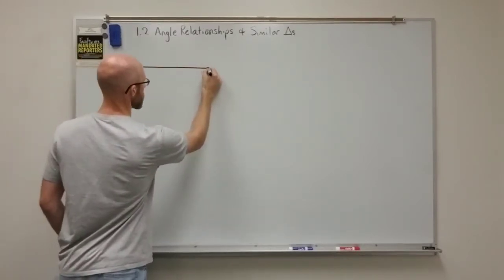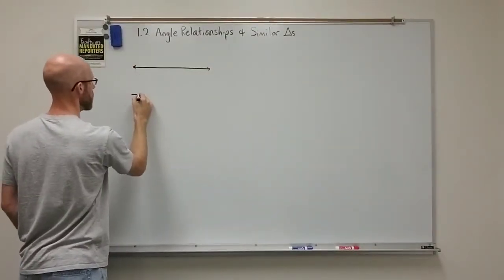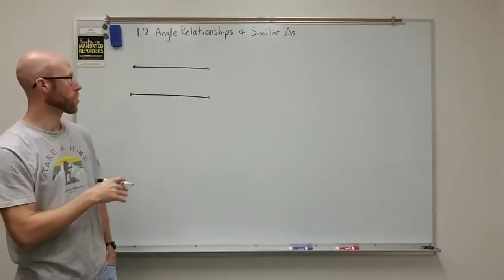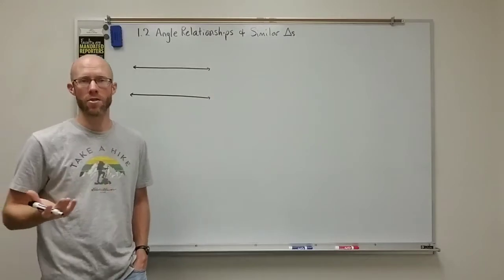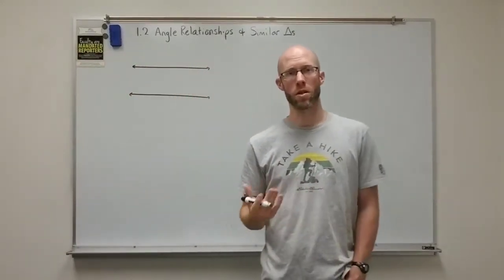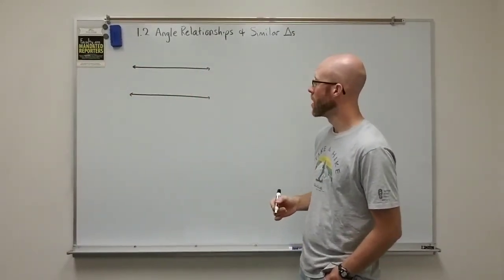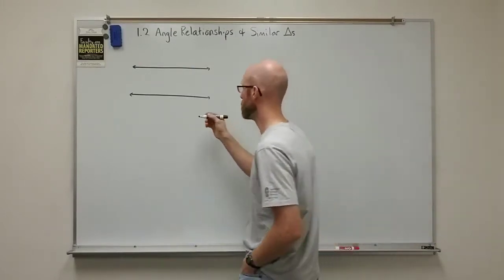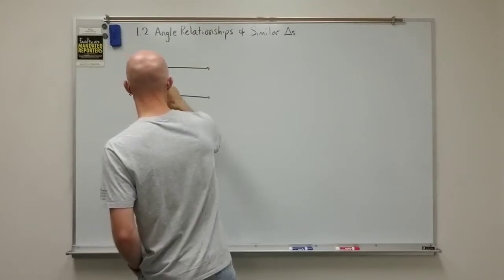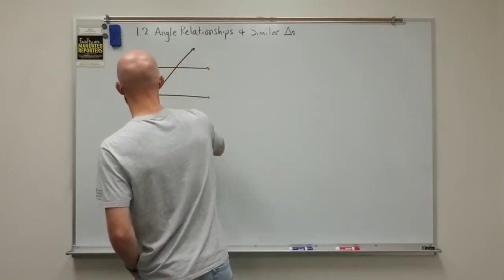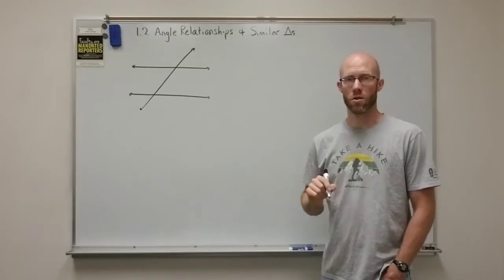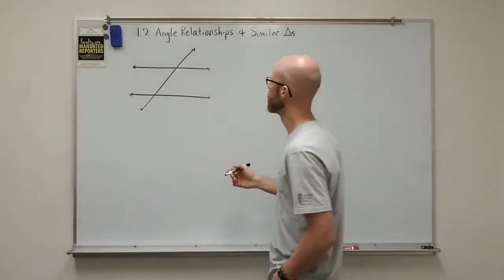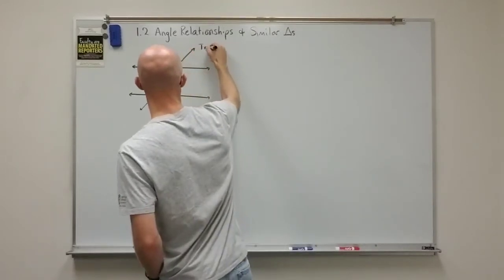So let's start with that. Let's draw a set of parallel lines. They don't have to be horizontal or anything like that, but any set of parallel lines. Parallel just means they don't intersect. And then with these two parallel lines, I'm going to cut them with a third line that we're going to call a transversal. It transverses both of the parallel lines, or crosses them. So we have the transversal,